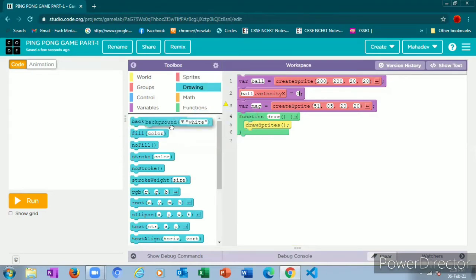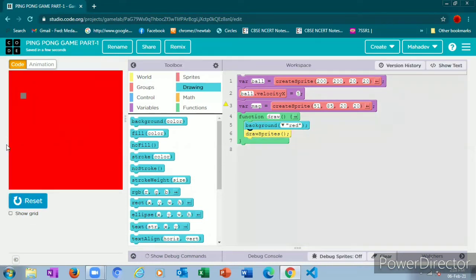We must drag and drop function draw in the first line. You can see the yellow line, no? There you must drop. The background color must be below the function only, not above, not below, not there. Now we will give something here, red, right? Red. Okay, now we are going to run the code.